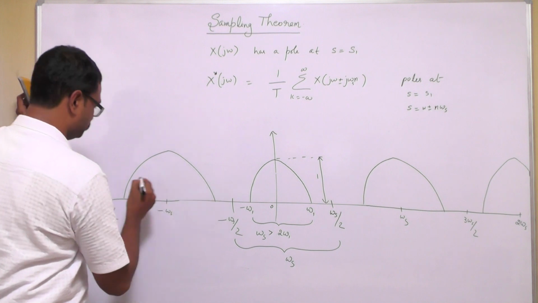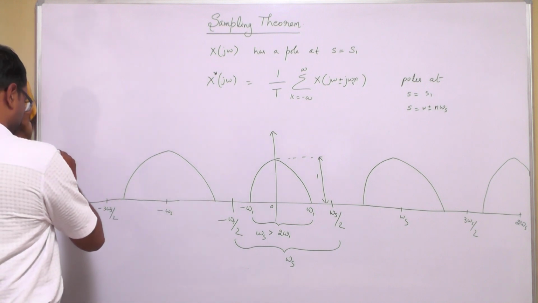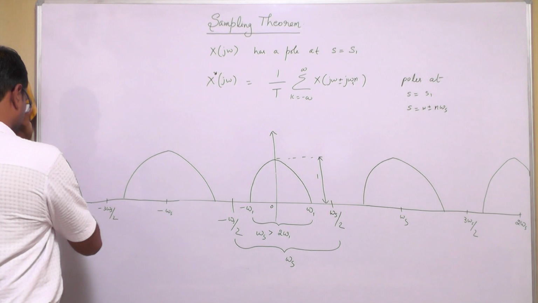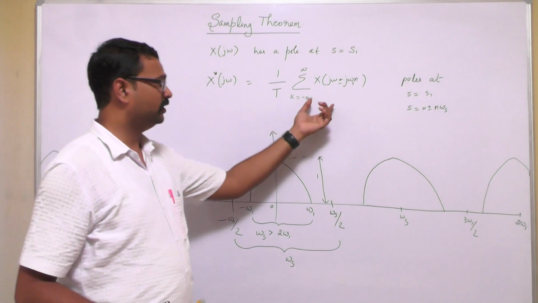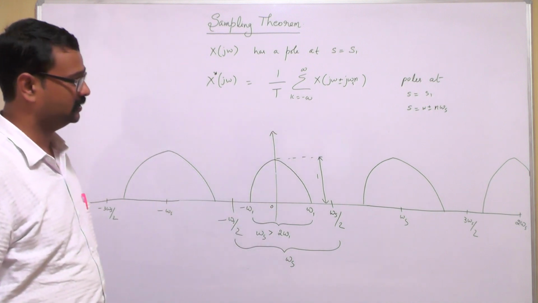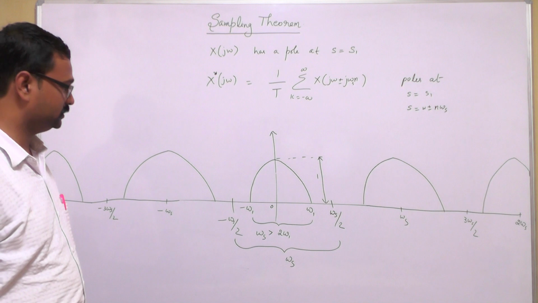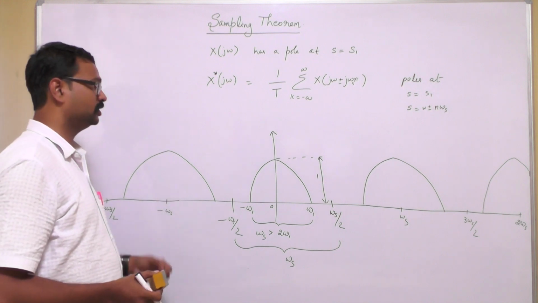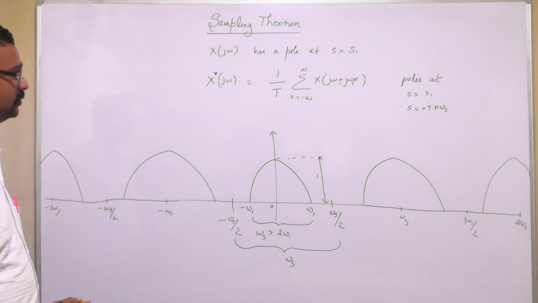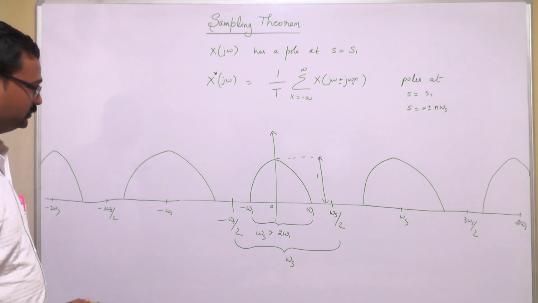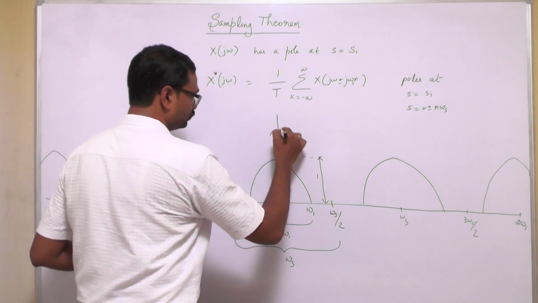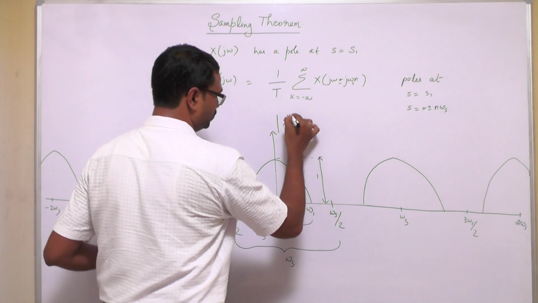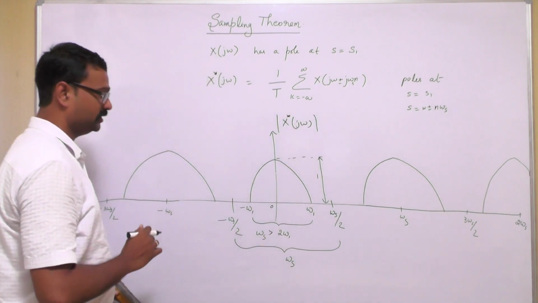The frequency spectrum of this X*(jω) for various values, when you have poles at different positions which are repeated because s = ω ± nωs. Therefore you have these values, and in this form the modulus of X*(jω),